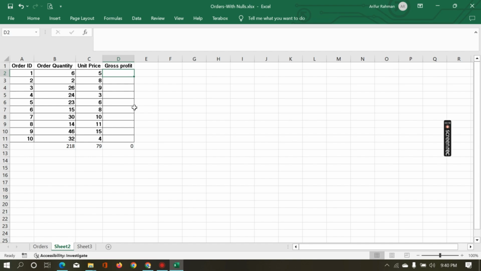each of the ID. There are 10 IDs, but calculating gross profit for each of the ID is very time consuming. So what will you do? We just calculate gross profit for the first order ID, order quantity into unit price. So we will get gross profit for the first ID, and now we will move the cursor to the right